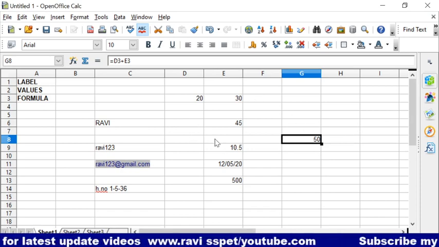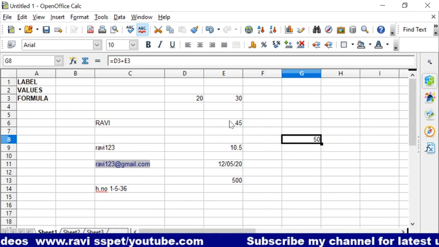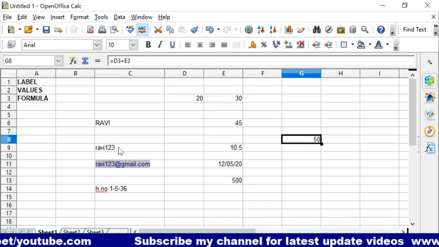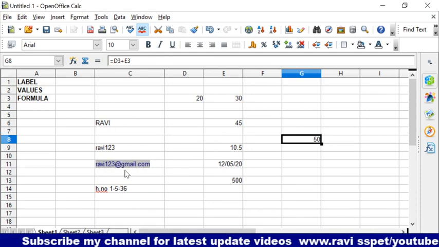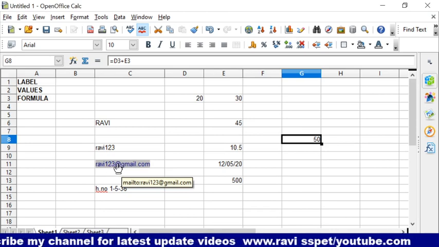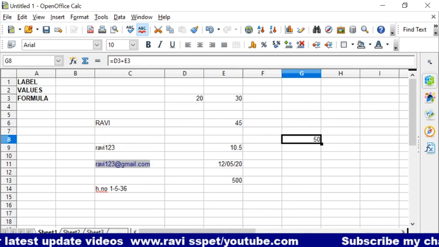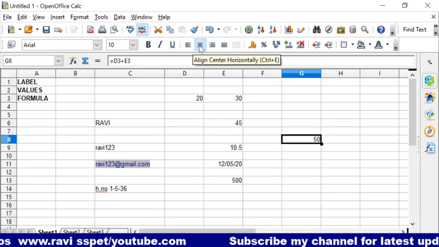And here one more thing I want to say is, value means only numbers, whereas label means only text. Along with the text we can include numbers as well as some special symbols. See here, we know about these alignments: left align, center align, right align.